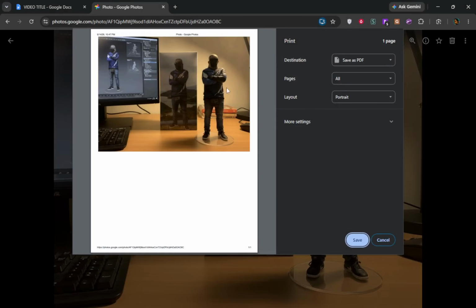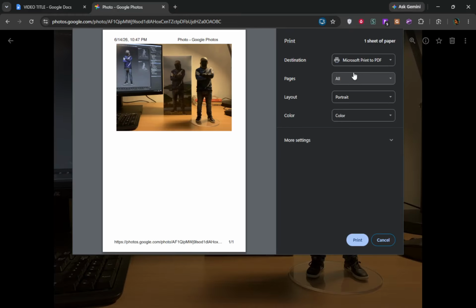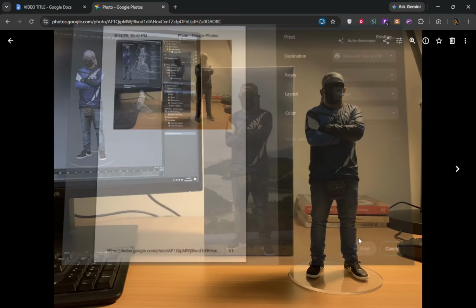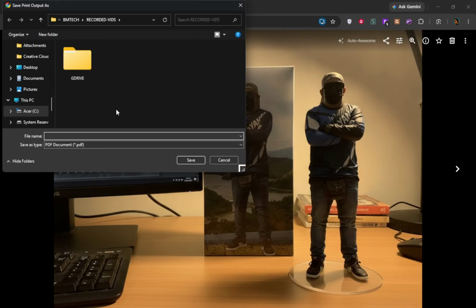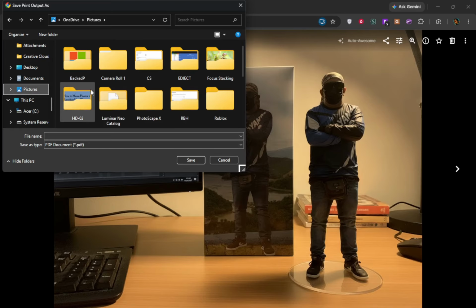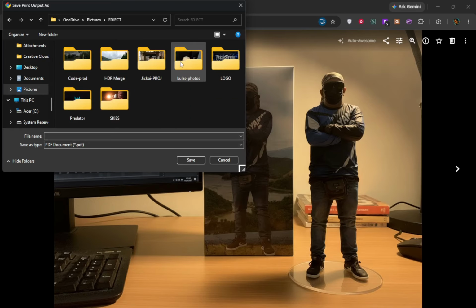In the Print dialog box, you need to select Microsoft Print to PDF just like before. This selection is essential because it directs the app to create a PDF file instead of printing on paper. After you have made this selection, click on Print. You will once again be prompted to choose a location to save your PDF file. Navigate to your desired folder and click Save. And there you have it. Your image is now successfully converted into a PDF. This method is particularly handy if you are already using the Photos app to view your images.